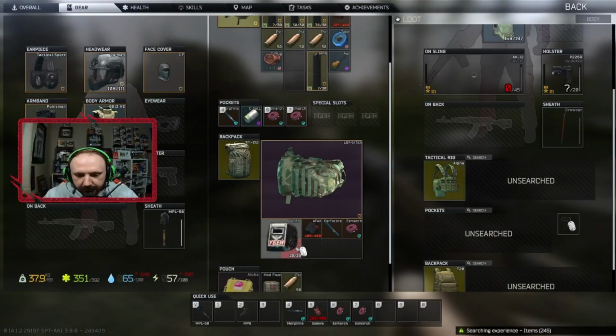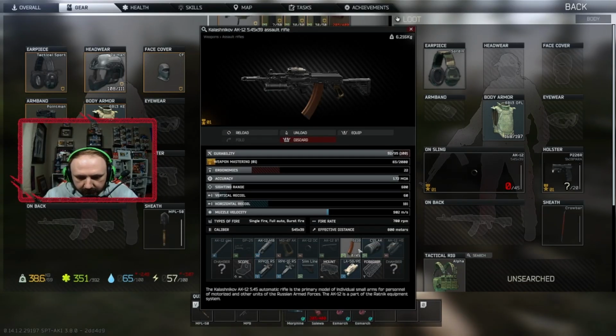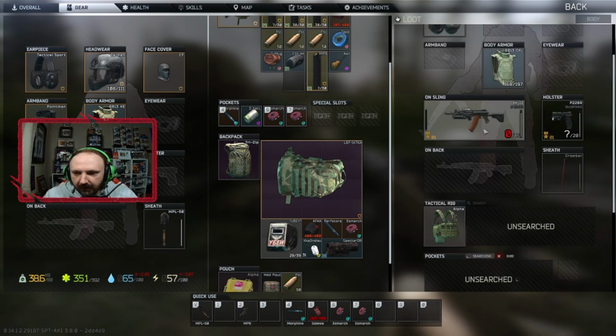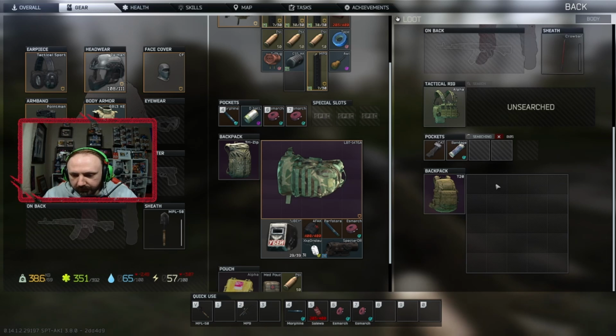What do you have, good sir? You have a grenade launcher? Take that. Can't take that off, that sucks. I don't really want to be taking the whole weapon, just the grenade launcher, I'm going to be honest. I'd rather...